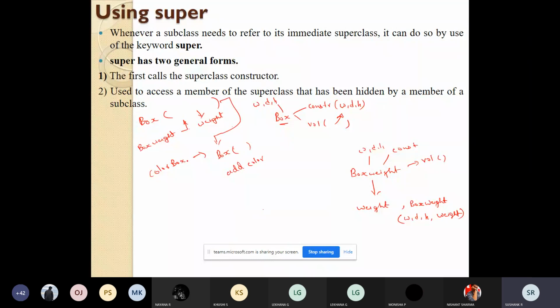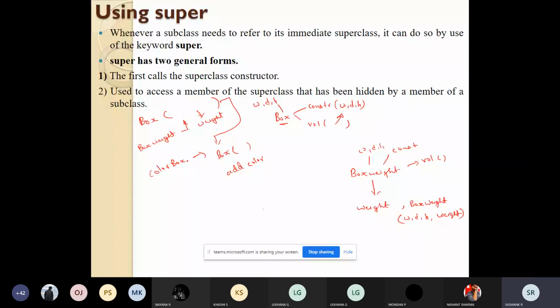Once you create a super class, you can create a subclass by adding your own features, like adding the weight, the color, or the cost. Like this, you can tailor the subclasses as per your specifications. What I did now was give the importance, or the advantage, of using inheritance.